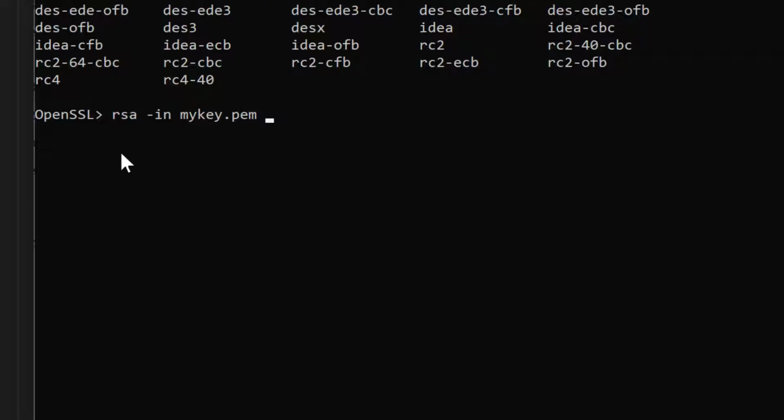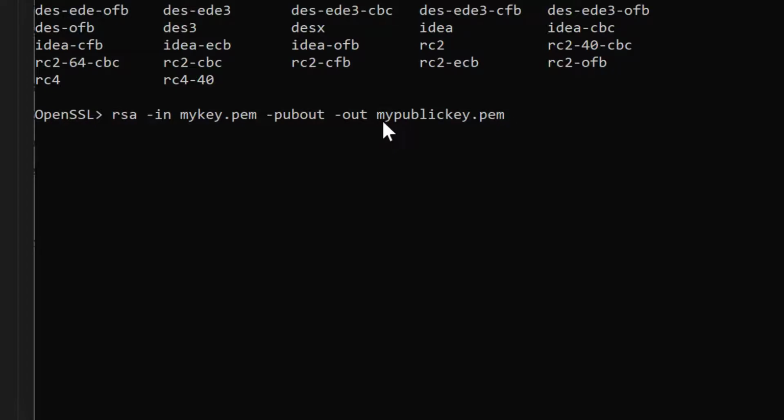After that, we need to mention where it is going to be output. For outputting the public key to a file, we can use the option -pubout, then -out, and we need to give a file name for the public key, that is mypublickey.pem.